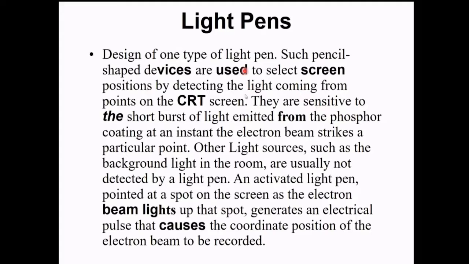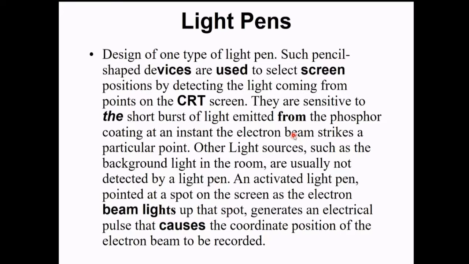that you can directly interact with the CRT screen. What it does is it tries to communicate with the phosphor coating. Whenever the electron beam strikes a particular point, the pen takes that as information, and it is sensitive to this. So your pen directly takes the electrons that strike the screen as an input. If you point at a particular point on the screen, it will get this information out of the phosphor-coated screen.